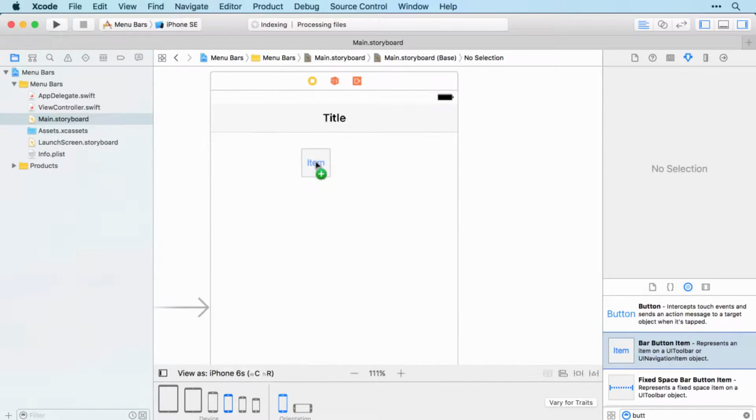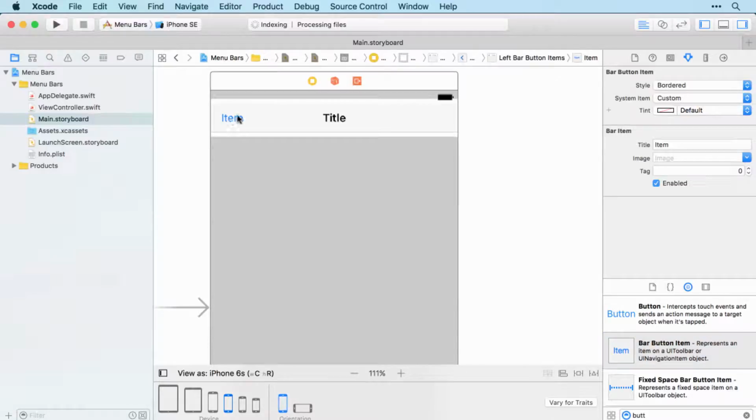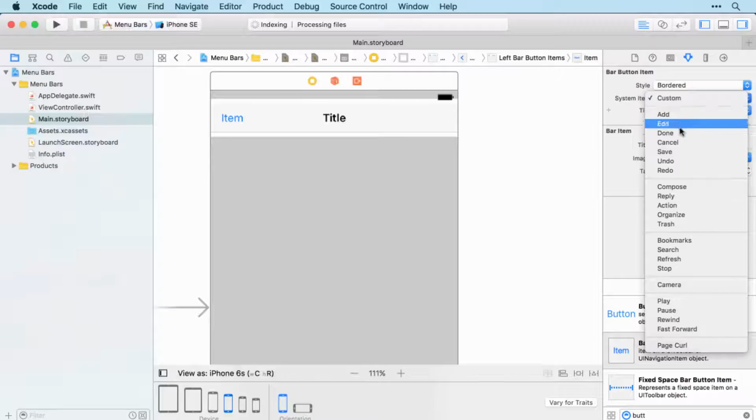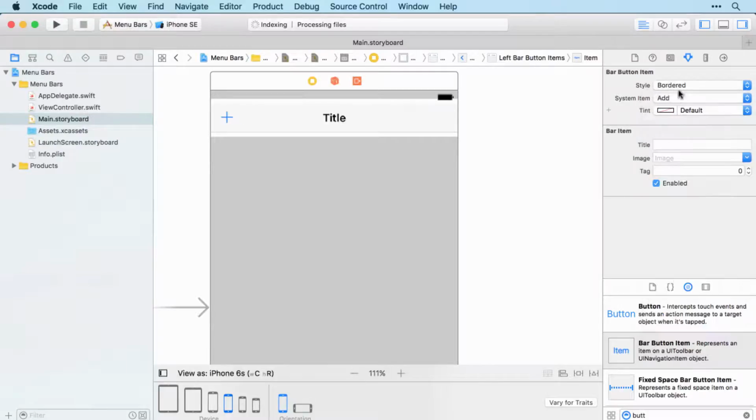So let's search for, we can search for buttons, and you'll see here we've got a bar button item. So we can just drag that in, and let's pop it there on the left. And you can see it positions itself very nicely, and we can choose from a few options up here in the context menu on the right. So particularly, we can choose from a range